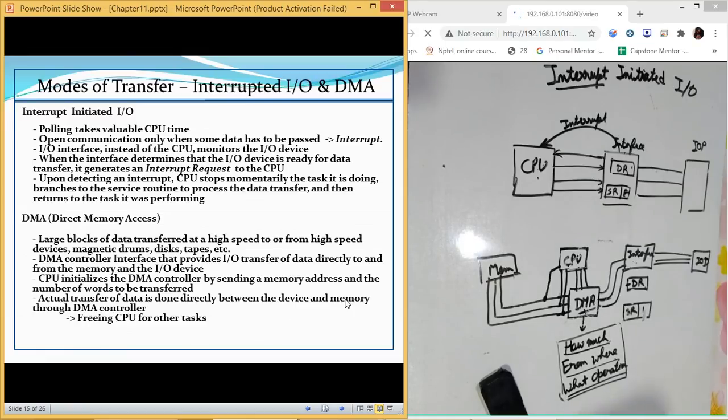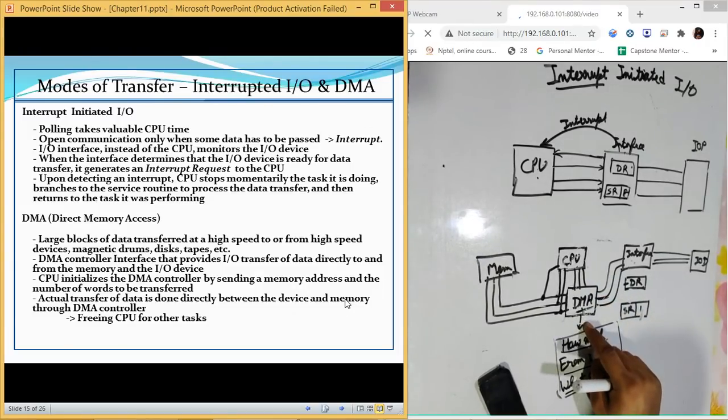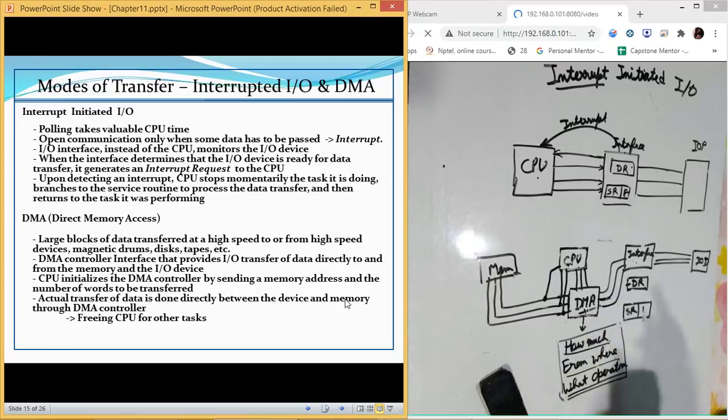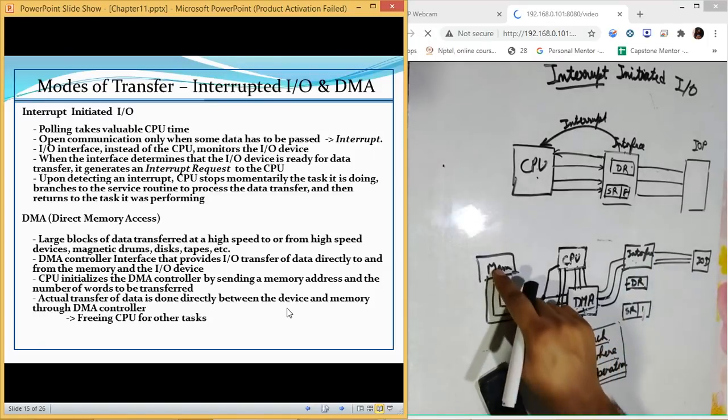The CPU initializes the DMA by sending the memory address from where it has to read, the number of words, meaning how much data it has to read, and what type of operation it is, whether read or write or any other operation. So the CPU's only task is to initialize the DMA. The actual transfer of data is done directly between the device and memory through DMA.